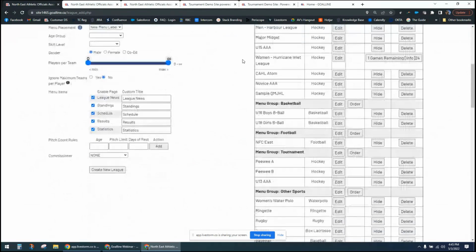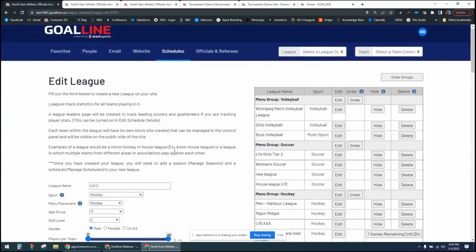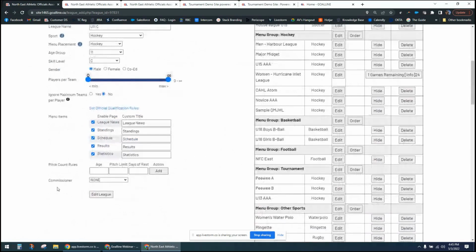I have one that's a bit of a straggler down here. I have this U11C hockey that is in its own menu group by itself. I don't want that. I want it to be with the other one. So I'm going to edit this. And because I'm multi-sport, I do have this sport field. If you're not a multi-sport organization, it just knows what sport you are. Now I'm going to open this drop down and place it in this menu group here that's right underneath soccer. So when I select that and I save my change,